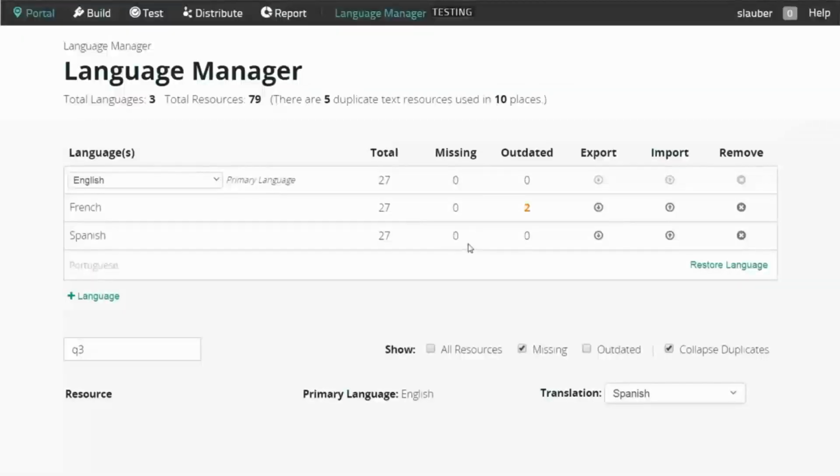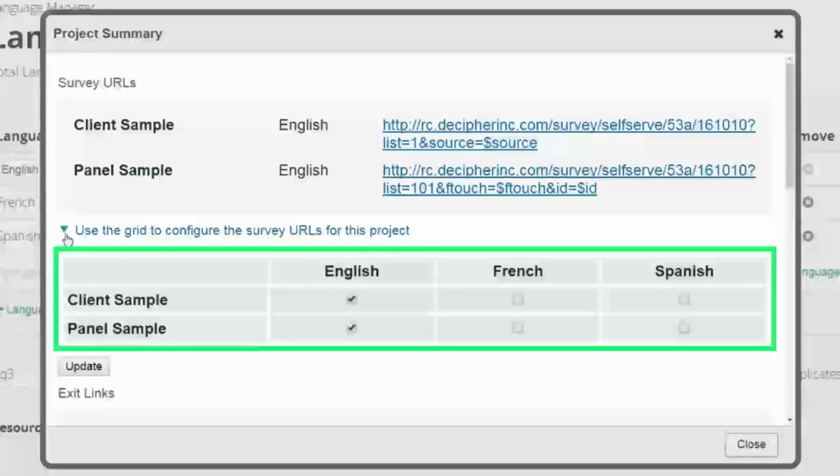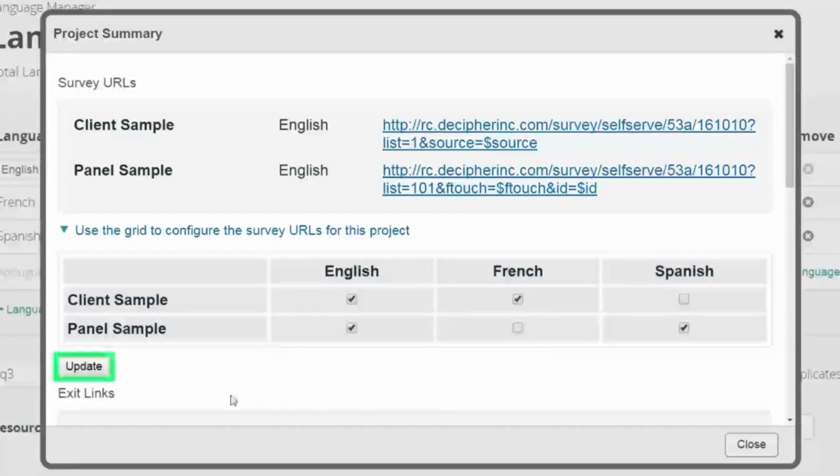The survey language is controlled by the declang variable. We can set up our survey links with the appropriate declang variables by opening the project summary in the test menu. Here, we can open the grid to configure URLs for each sample source. We'll select the desired languages for our client sample and panel sample, then click Update to see